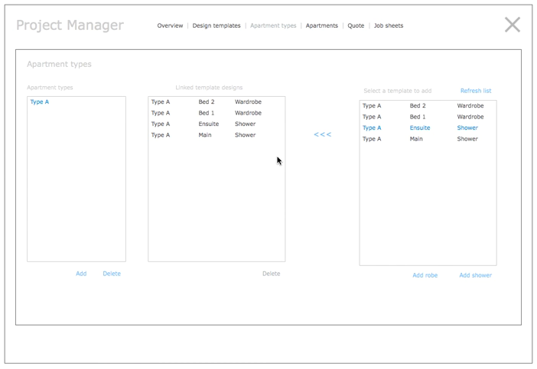So I hope that's reasonably clear, rather messy explanation, but hopefully that makes sense. So once you've got your design templates, so you know what each of the different robes and showers and mirrors are going to be for each of them, with just obviously generic settings in them. You've set up the apartment types, so you've got type A, B, C and D for the sake